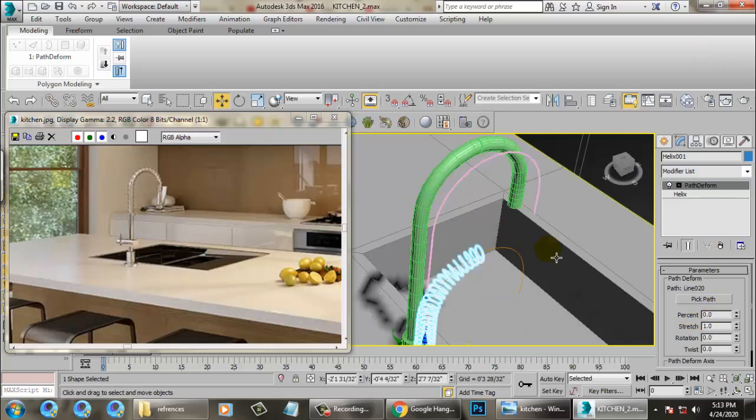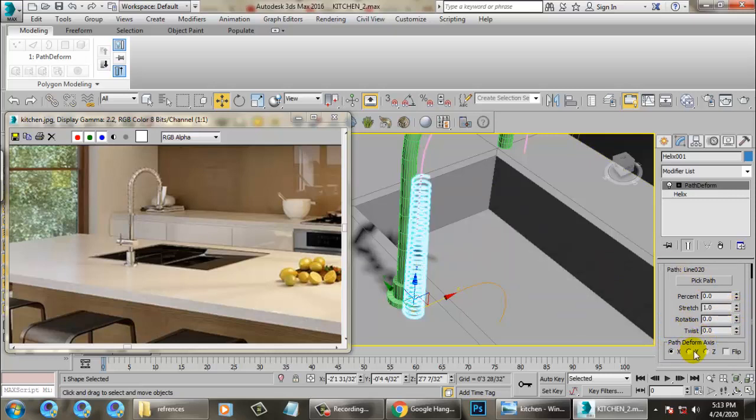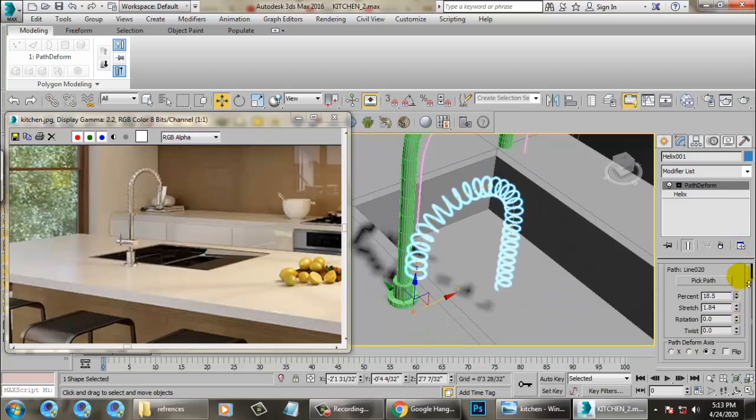Let's push all this stuff on the path, X, Y, Z, and stretch it. You can just reduce this if you want. Stretch, you can reduce it, and percentage you can increase it, and you can increase the stretch over here.